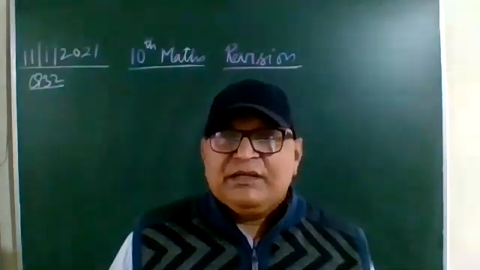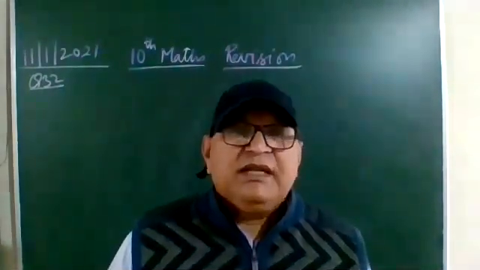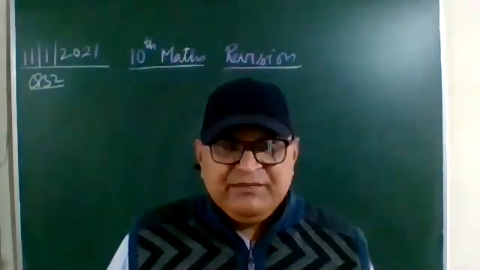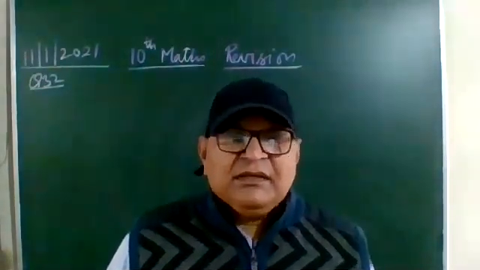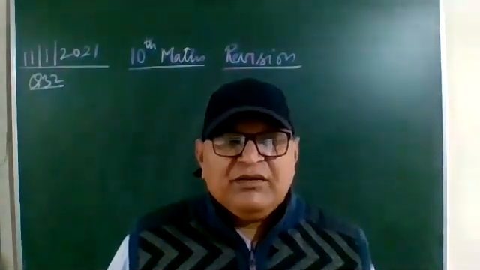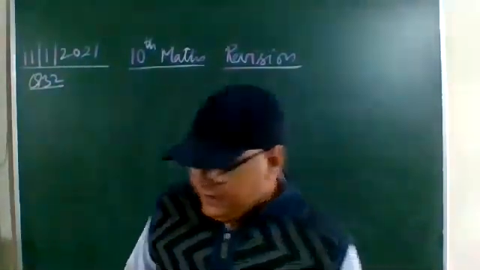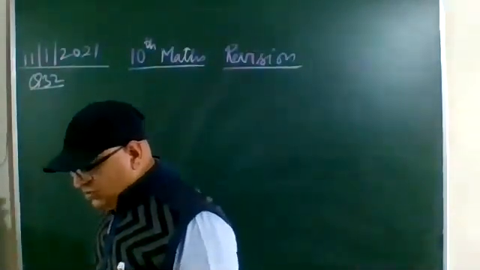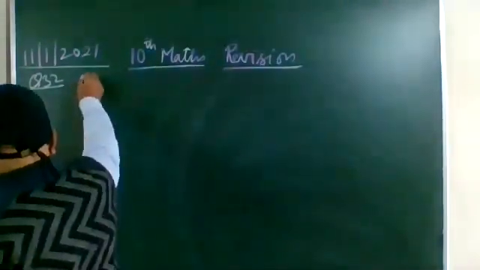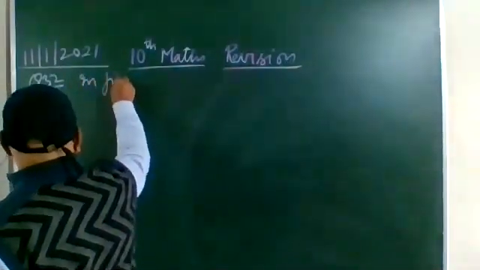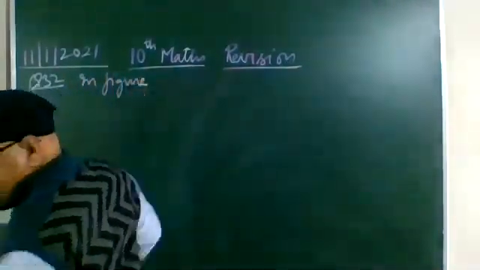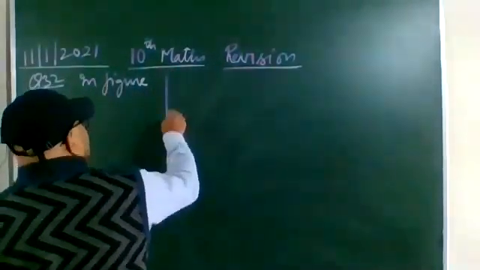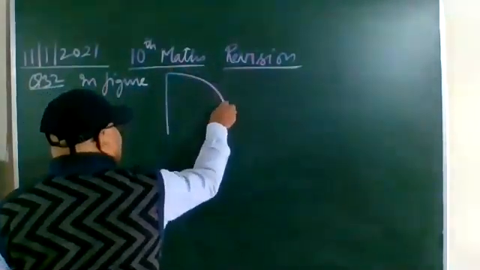Now area related to circle, that is area of shaded region. Surface area and volume questions will be in 5 marks, so I have explained that. Now we are on the area of shaded region. If I start with one question, the question will be: in the figure, the figure is given to you. This is the figure. One quadrant is there.